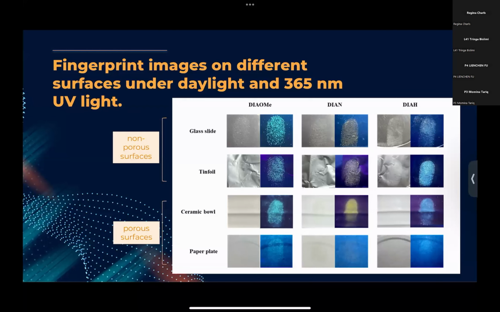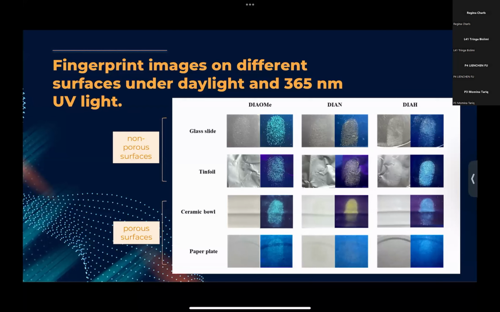The surfaces were classified into non-porous surfaces like glass and tinfoil, and porous surfaces like ceramic bowl and paper cup. Variation in material type and background color can influence the efficiency of fingerprint imaging.